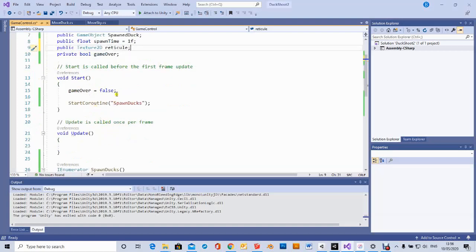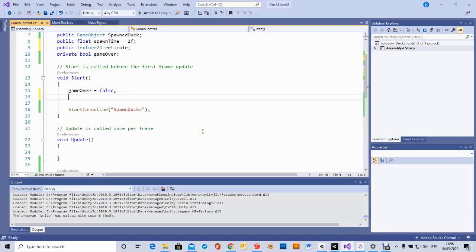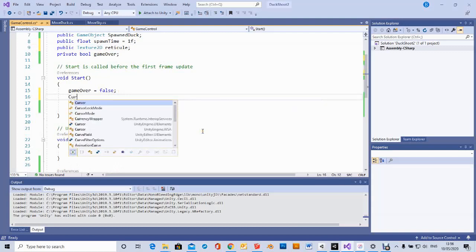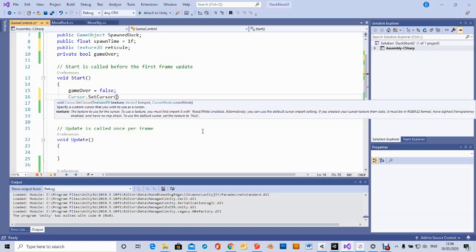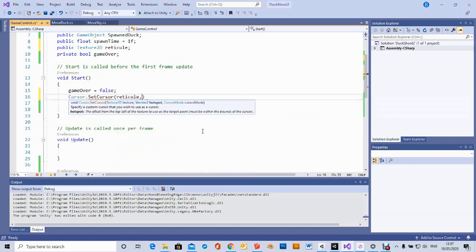Now, when the game starts, we want to change the reticule for the cursor. So simply in start here we say cursor, and then it's got a function called set cursor, and this needs three parameters. The first parameter is the texture we're going to use, or the texture 2D, which is the reticule. The second one is a vector 2, so that's just an x and y, which indicates the actual hot spots